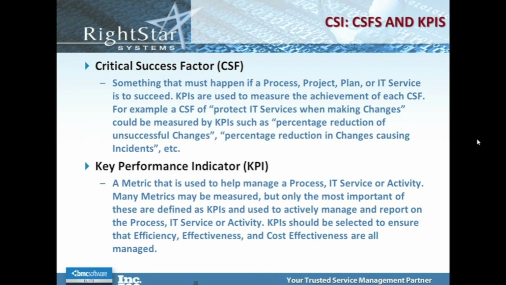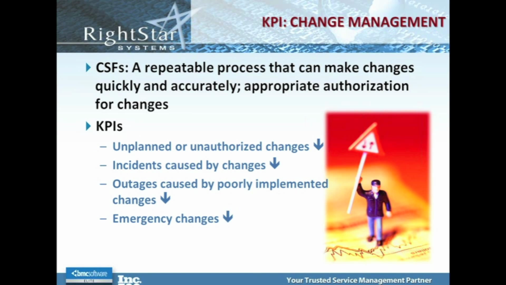To give you a few examples of KPIs related to service transition, if I determine, for example, that a critical success factor for my organization is to have the appropriate authorization for changes. I may have an audit coming up and I want to be sure that I have the appropriate authorization for changes. So I will want to keep track of unauthorized changes, make sure that those aren't happening. So I want to see a reduction in unauthorized changes. So if I look at my configuration management system, I want to be sure that I'm not seeing changes to the CIs that have not been approved.